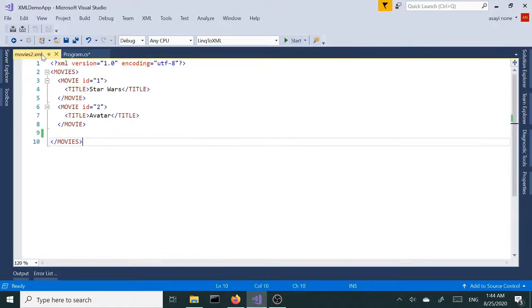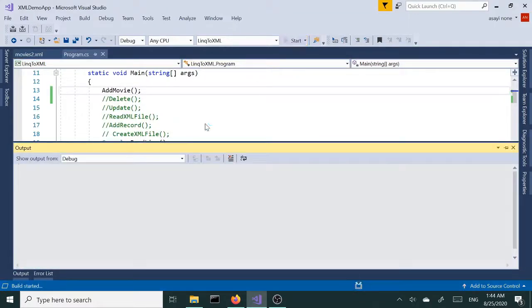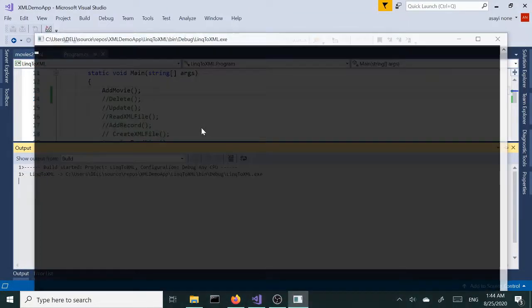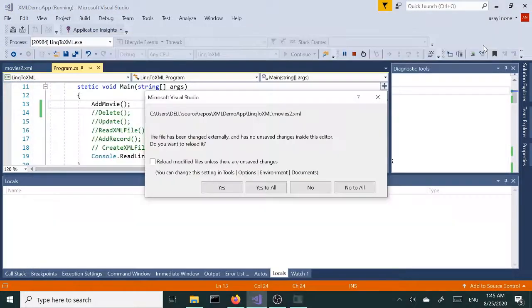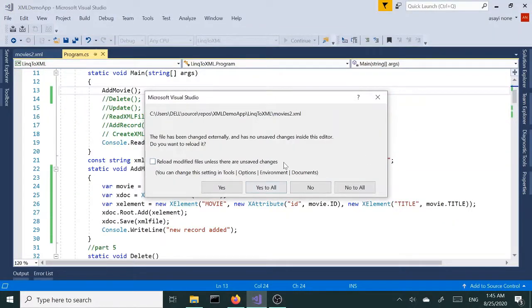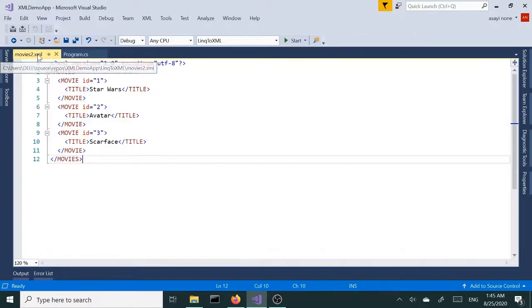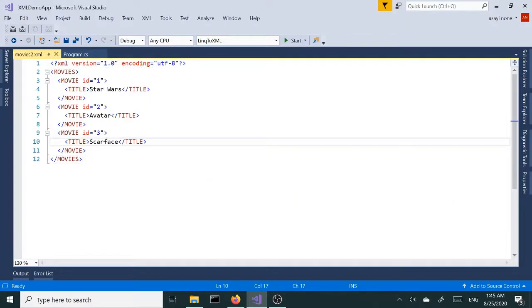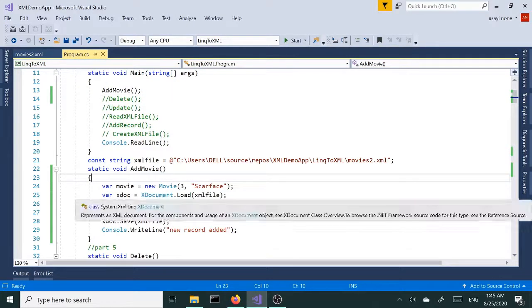So let's take another peek here. We have so far 2 movies here, and let's run this. All right, our message popped up. We'll get over there, and we got another pop-up saying that the XML file was changed. Say yes to all, and now we should have our new movie added to our file. All right, so this is all good,